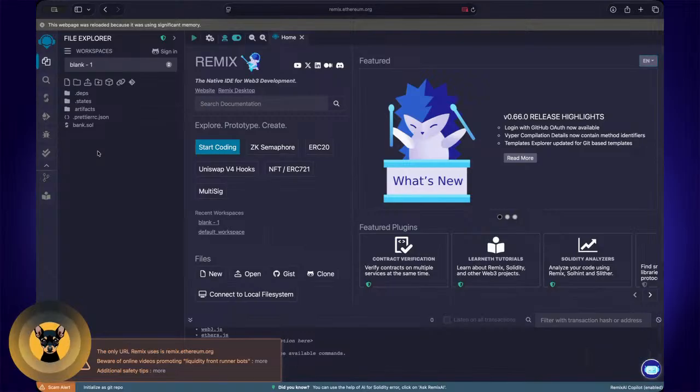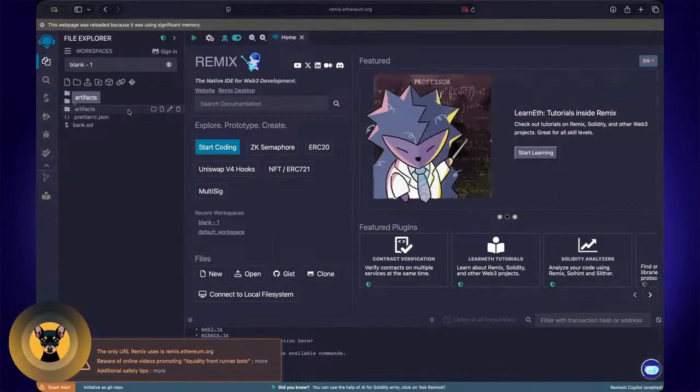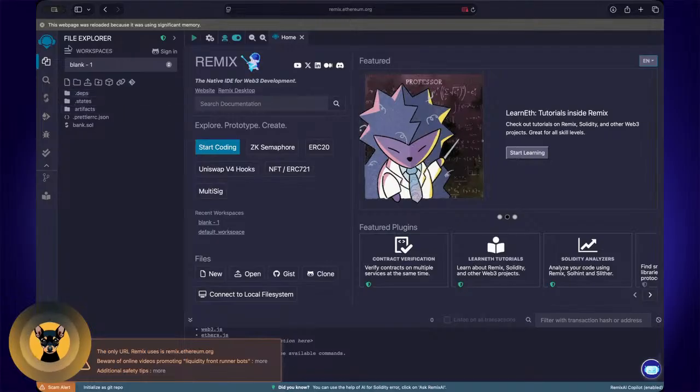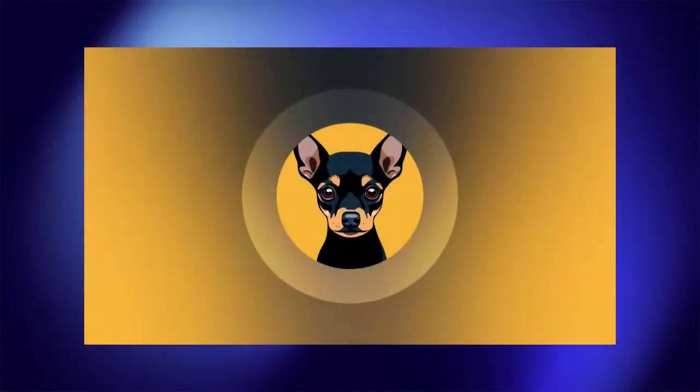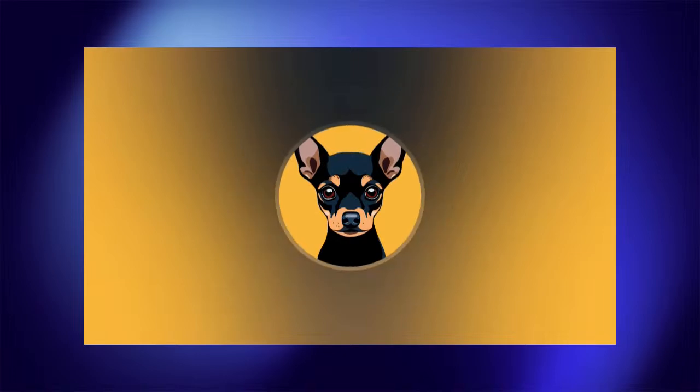So this is just a simple smart contract. We've deployed a bank. You can deposit, withdraw, get the user's balance, and this is all on the blockchain. That means you can also see, verify, and interact with this. I'm not going to stay much on this because of the issues we are having with Remix, but this is a good way for you to start developing smart contracts.